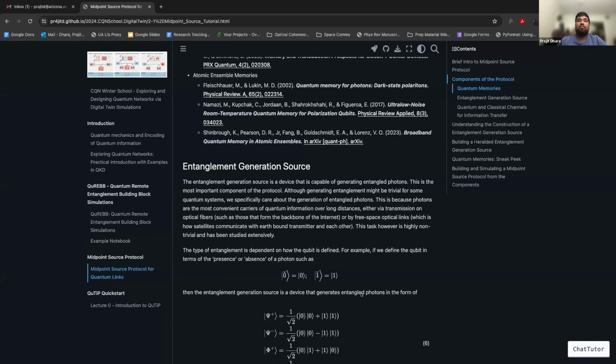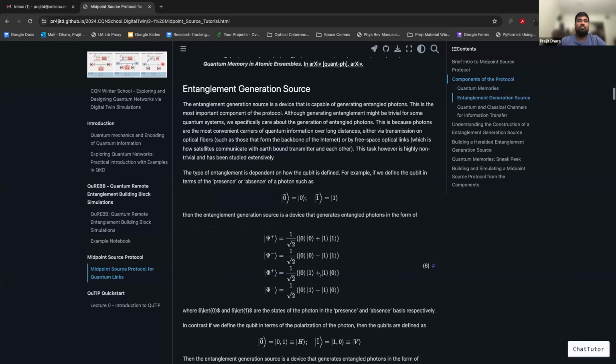Some of these encodings have been discussed already, or actually all of the encodings have been discussed already. The most common one is the presence or absence of a photon, where you describe your logical zero, the 0 bar state, as no photons or the vacuum, and 1 bar as 1 photon. Then your entanglement generation source is a device that generates entangled photons in the form vacuum, vacuum, 1, 1, with or without a phase, and vacuum, 1 photon, vacuum, with or without a phase. So these are the 4 Bell pairs that we commonly talk about, expressed in this single photon or single rail